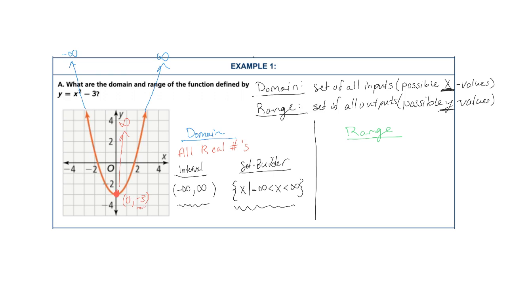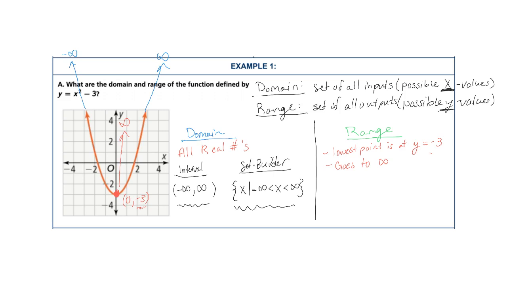Okay, so our lowest point is at y equals -3. And then it goes to infinity, it goes up to infinity. Okay, so because our lowest point is at y equals -3,